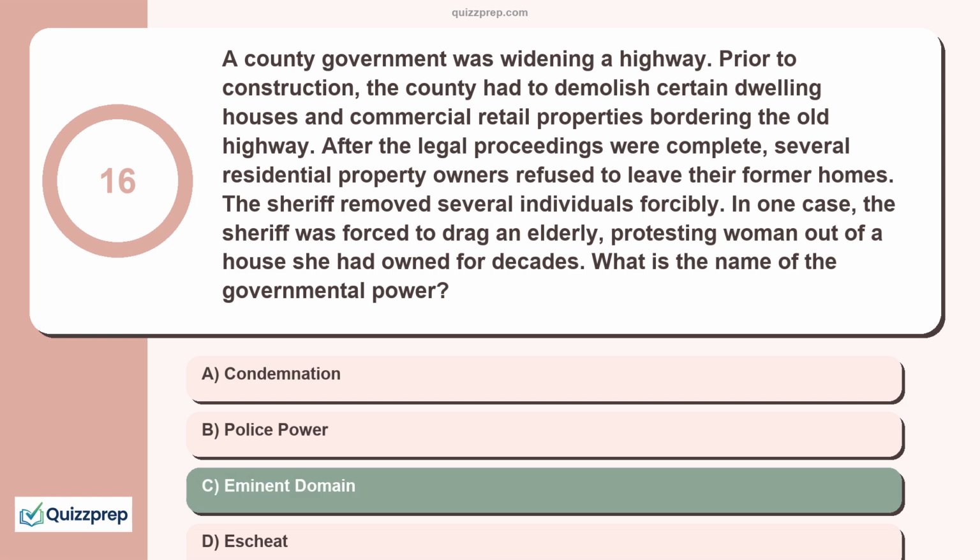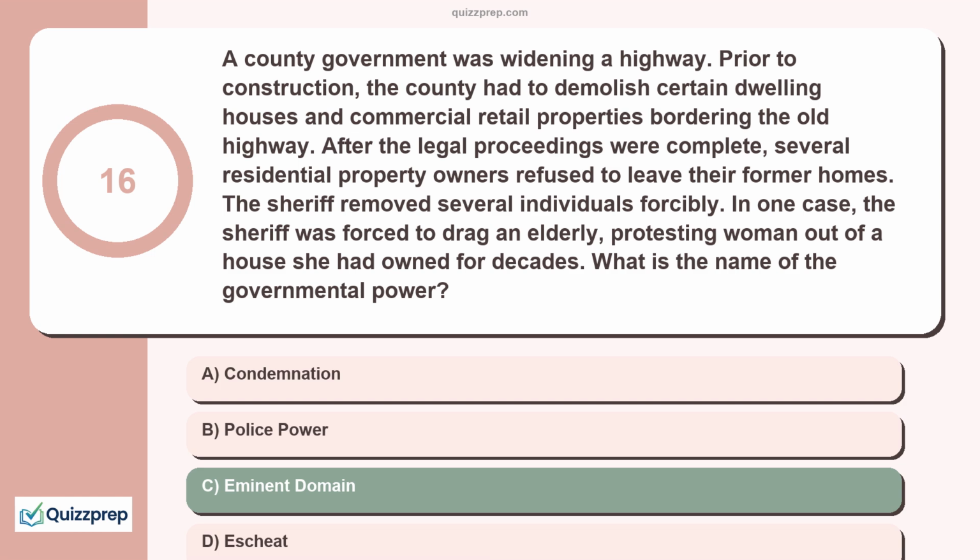As stated in the Fifth Amendment to the U.S. Constitution, governmental entities have the right to take private property for public purposes. This power is called eminent domain. Taking private property to widen a highway is a classic example of when the government, for example city, county, state, or federal, would exercise its power of eminent domain. However, the Fifth Amendment to the U.S. Constitution does state that government entities exercising this power must pay the private property owners just or fair compensation.